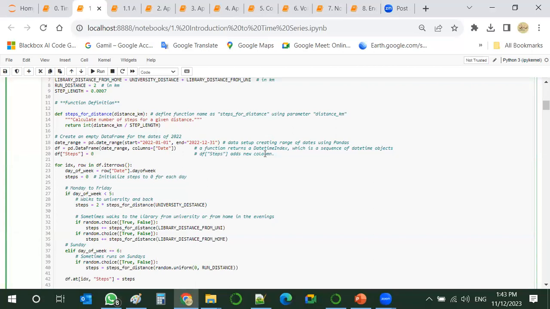This function returns the date time index, which is a sequence of date time objects, obviously, and the data frame with steps will add a new column and keep the number of steps.